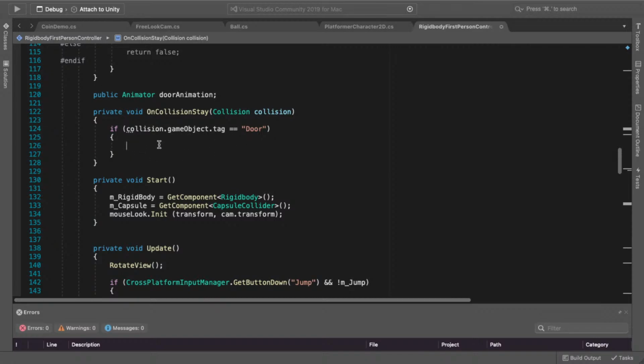Then if the player arrives at a door, now we want to